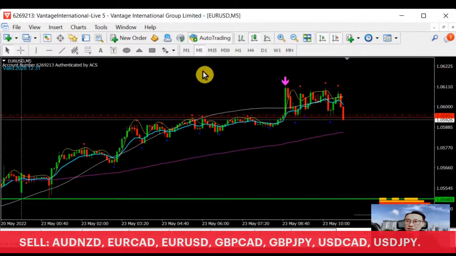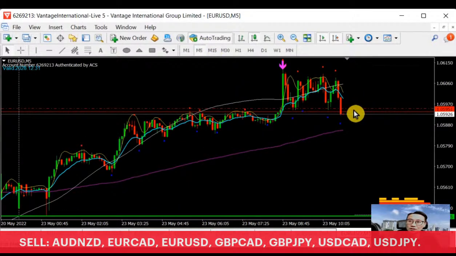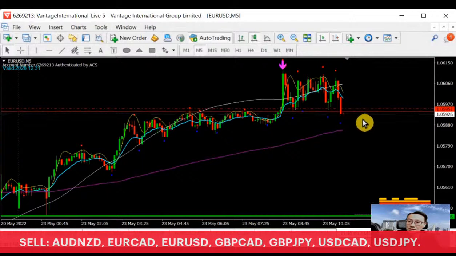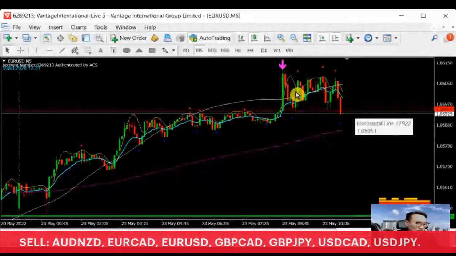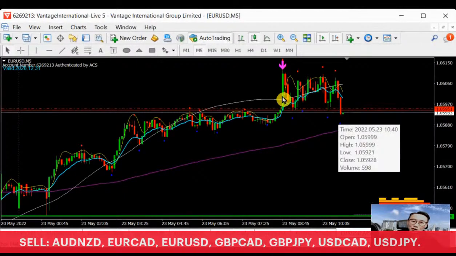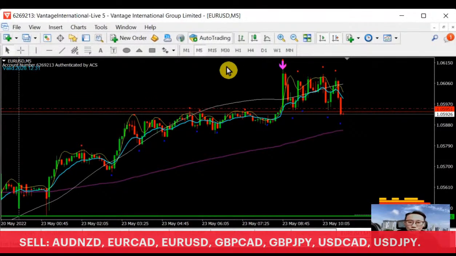Alright, so let's wait for it to retrace upwards again to test the resistance once again. If it's not breaking, it creates a new selling signal in M5, whereby it tested the resistance. Then after that, if it's not breaking, it will form a lower resistance. Then I will start selling from there. Alright, so that's for Euro dollar.